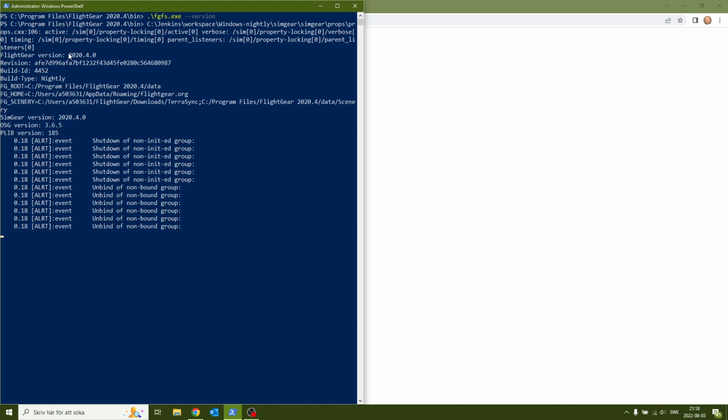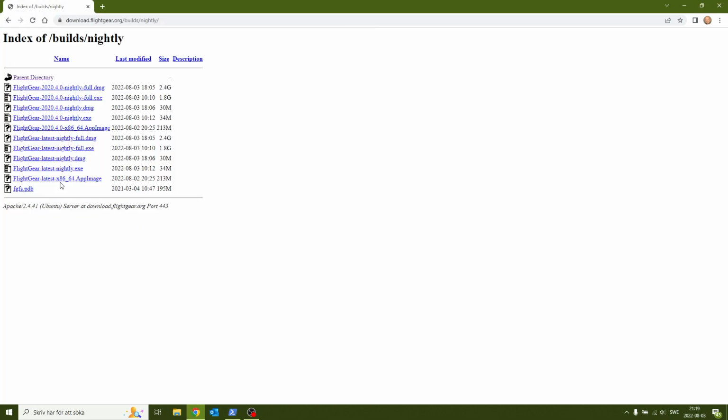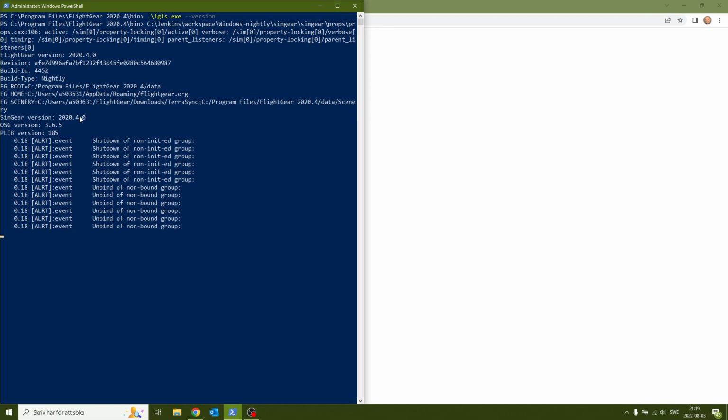But anyway, it tries to spin up and it prints some diagnostic information about the version, and I see that it's 2020.4.0 and build ID is 4452, which is built from the night of 3rd of August. And if I install this latest tomorrow, then it will be build